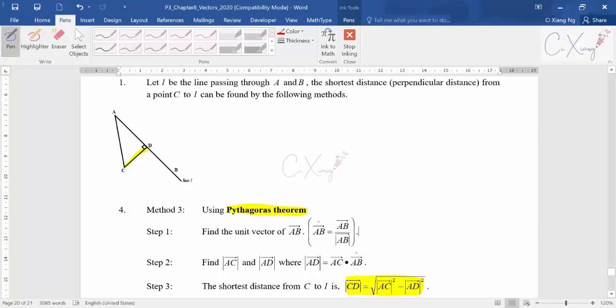But of course, when you look at it, it looks very ideal, very easy to apply, but to be honest, you actually don't know the D at first. So how can you find out the AD, the length of AD? That's why you need to come up with some prior steps before you can apply this formula. I will roughly show you how the formula and the steps come from. So we are having theta here,